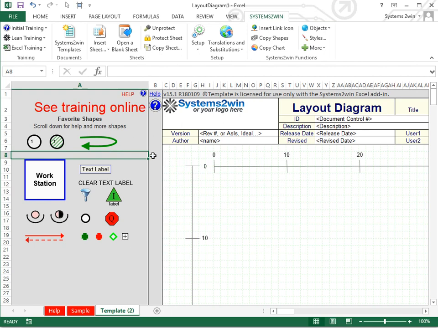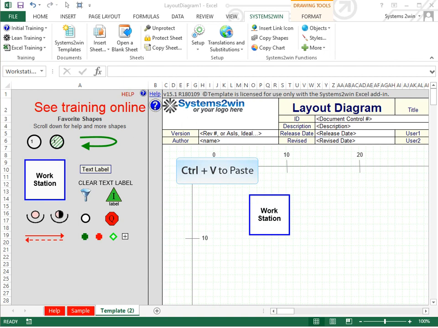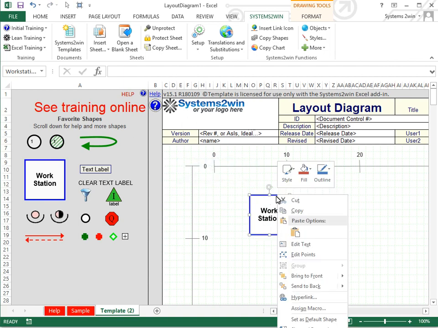But if you want to select the object in order to move it or resize it or copy it, then you hover your mouse over the edge of the object until your cursor turns into a 4-sided cross arrows like this. And that selects the object, which you might then maybe move, or more commonly, you might use Control-C to copy it, and then select the cell where you want to paste it, and Control-V to paste, or right-click it in order to use any of those menu options. The point is that once you've selected the object, there's all kinds of things that you can do with it, things that you will learn in the next training video.